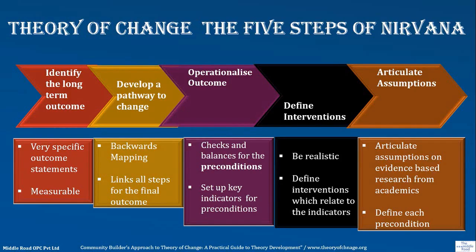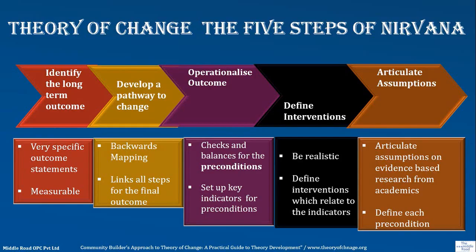Now, when you have a theory of change, you have to identify the long-term objective, which I spoke about. You have to be very specific on your mission, because this is what is going to define the outcome. You're mapping the whole process, looking at basically the end result, so you have to be very specific with the outcome. It has to be in some ways measurable. Now you have to develop a path to change,